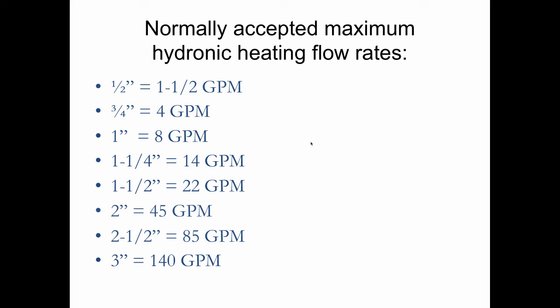If you were to look at a boiler manufacturer's catalog and saw a boiler that was rated at, say, 450,000 BTUs, which working with the 20-degree temperature drop would be 45 gallons per minute, that boiler is going to have a 2-inch hole in it. So by knowing the flow rate and the hole size, you can understand the thinking here that it's all designed to work with this traditional 20-degree temperature drop, with the great exception of the modulating condensing boilers, which have smaller holes in them. Now they do that on the manufacturing level to force you into using greater temperature drops across